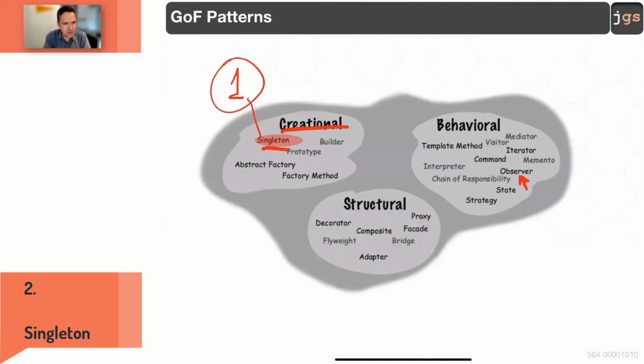Exactly my question in the chat. Why only one object? When do we want only one object? What could be the circumstance in a system in which we do not want to allow more than one object? What if, think about a system, and in a system, you have an object